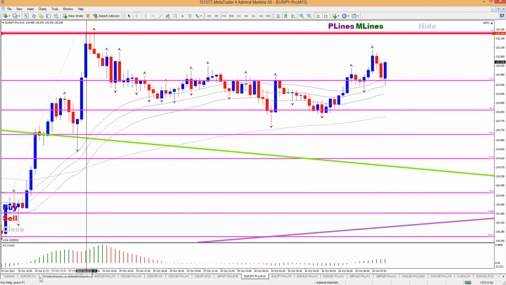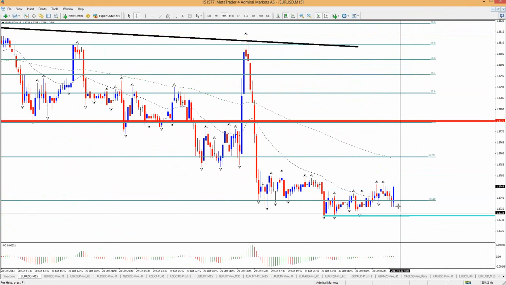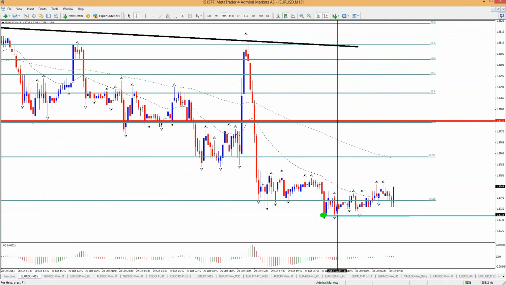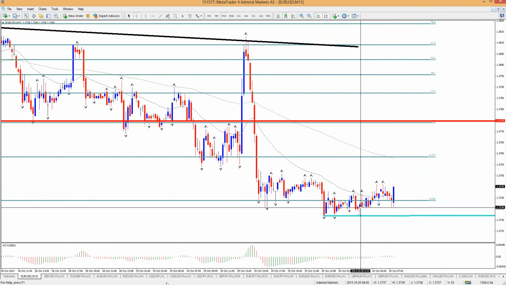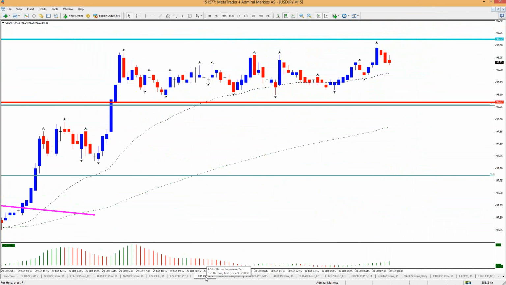Let's see. There seems to be a bit of a bounce here, so we'll keep an eye on it. The euro is bouncing, yes. As we said, it could right in here because of the support. And therefore the dollar yen isn't getting that follow through as yet. That's fine.